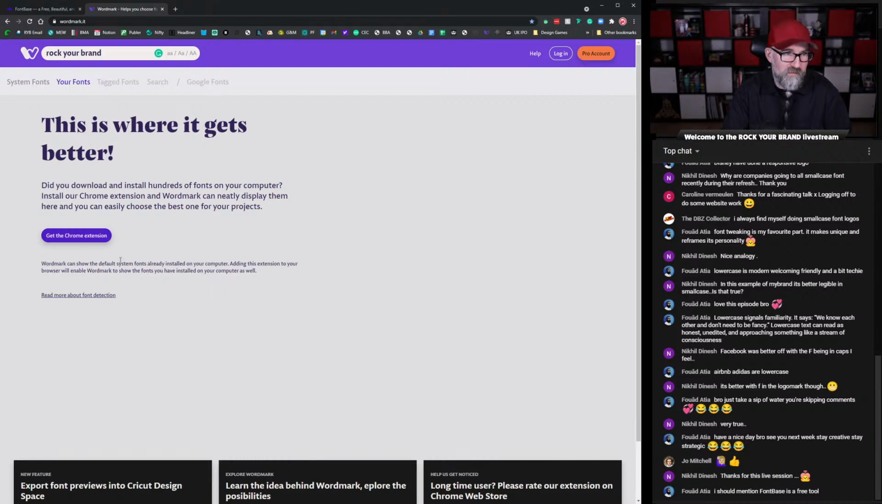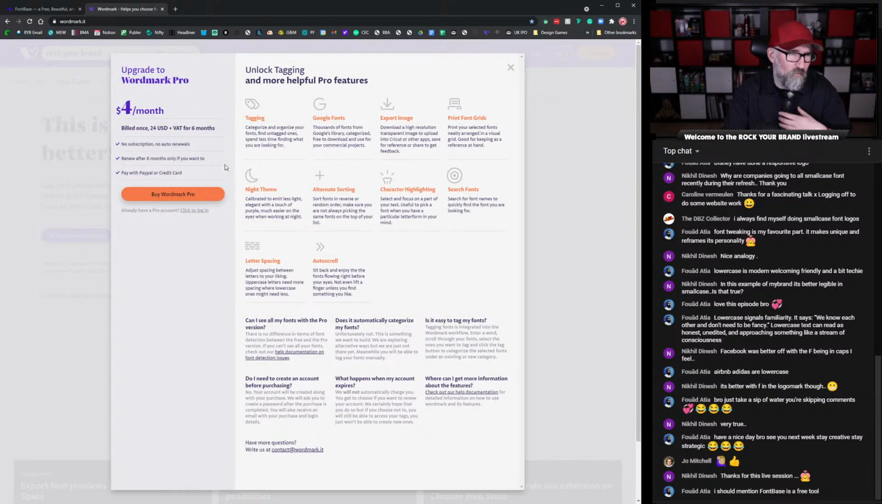the Google Chrome extension, so you have to be using Google Chrome, it will take it a step further and it will show a lot more of the fonts that you've got on your computer. And then if you want to go further than that, you can go for their Pro account, which looks like it's $4 a month. You've got tagging, Google Fonts, export image, night theme. Basically, all these things here